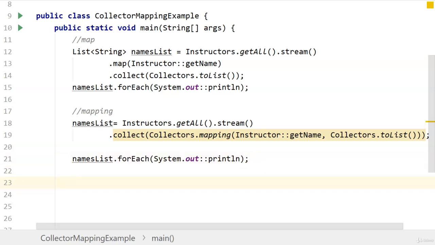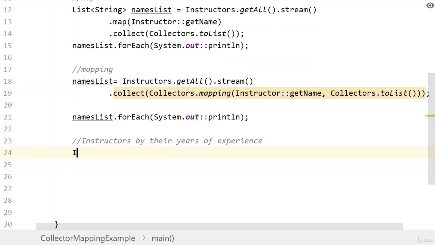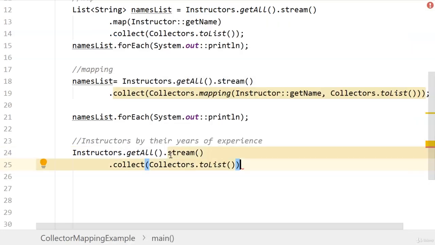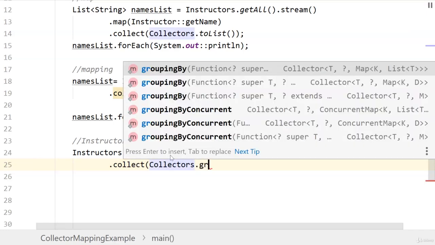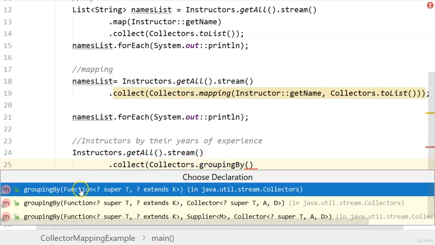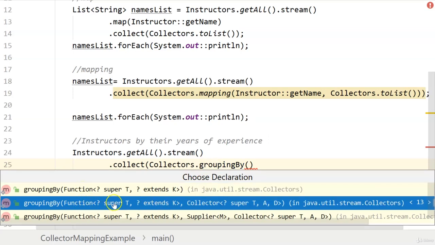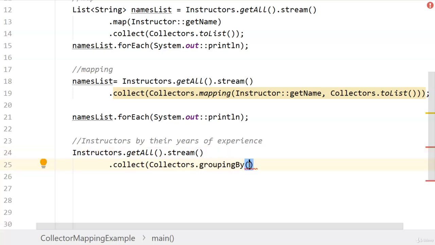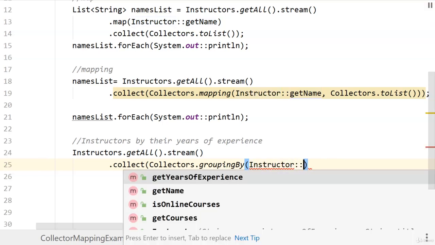So in this example, we are grouping instructors by their years of experience. Instructor.getAll().stream().collect and Collectors.groupingBy. Grouping by basically takes a function and also a collector. In this collector we can apply a mapping. So groupingBy, and Instructor::getYearsOfExperience because we are grouping by years of experience,